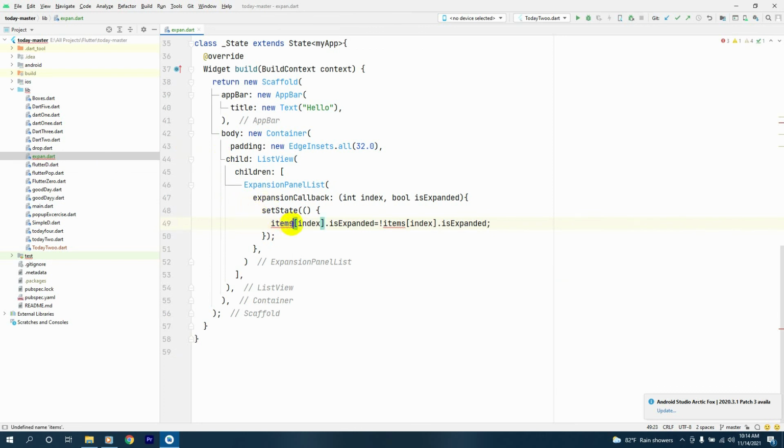Here we have an error. We say item here, we'll have items here, and after that